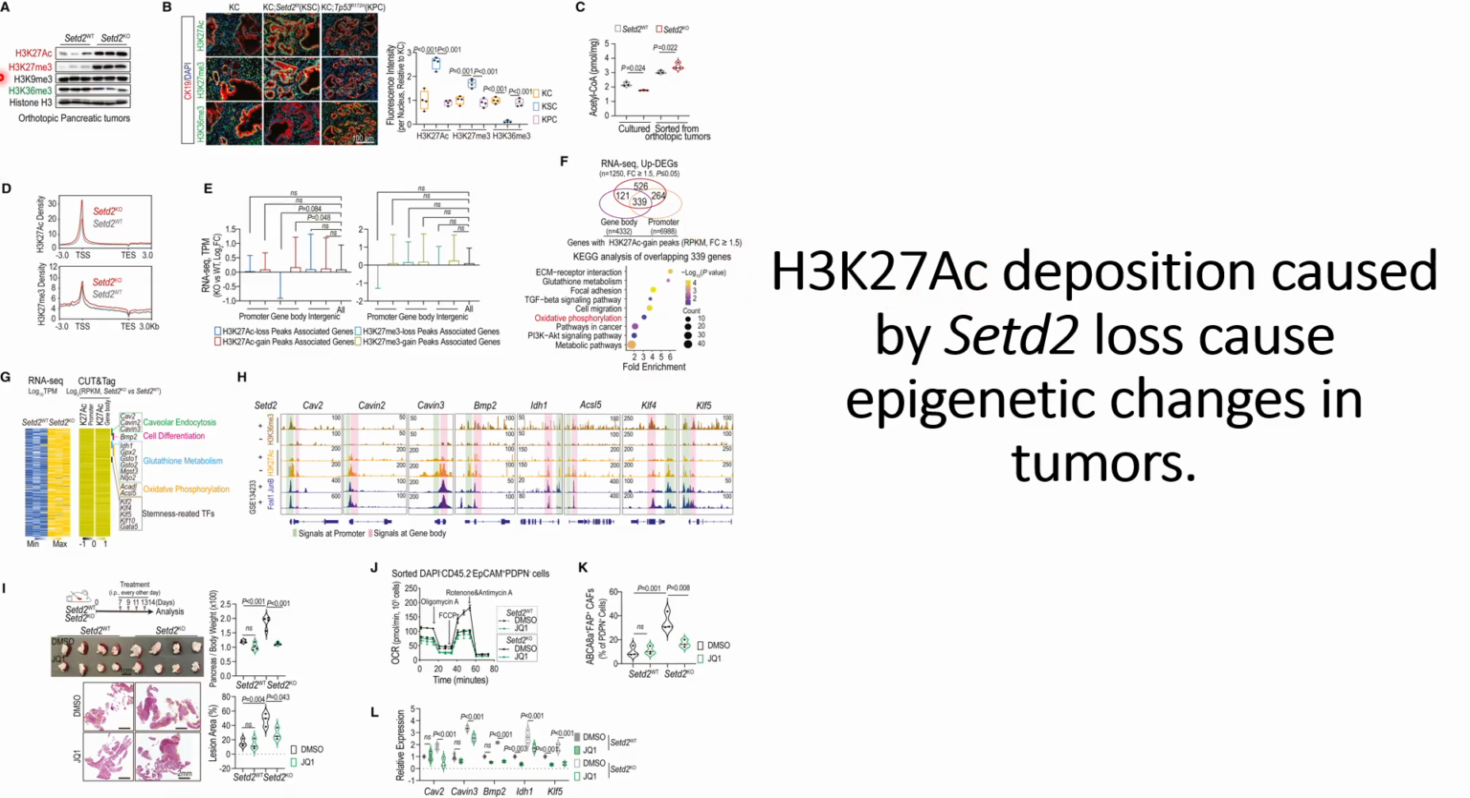From the literature, they identified that H3K27Ac, H3K27Me, and H3K36Me3, all these three, get dysregulated or cause proliferation in the tumor cells. So they wanted to check whether these are also affected in the Setd2 loss derived tumor cells from KC